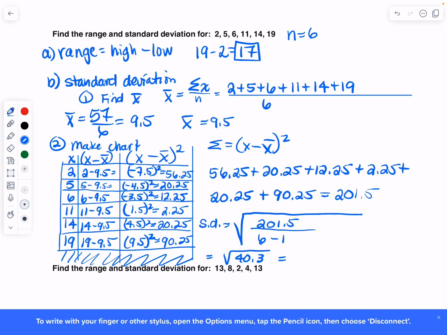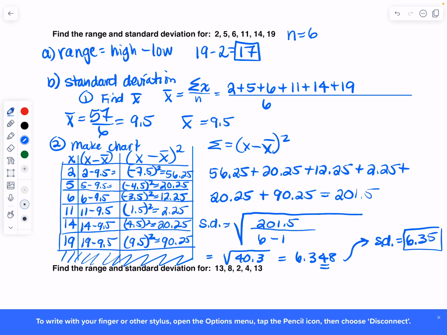Now I'm going to take the square root of that value, and I get 6.348. Again, we're going to round to the nearest hundredths, so the standard deviation is equal to